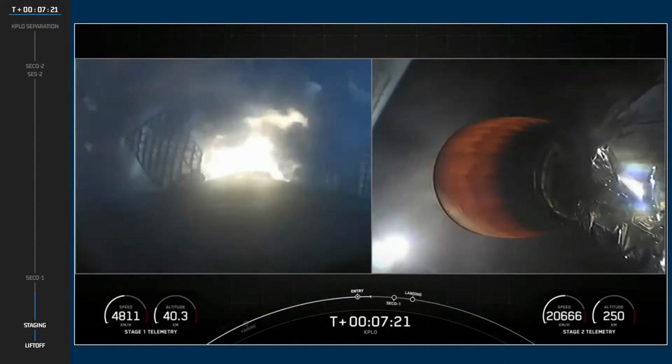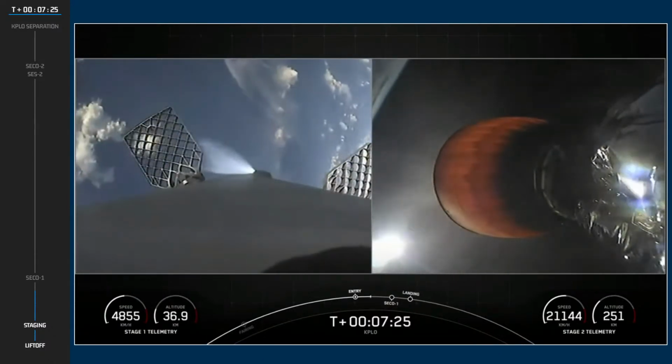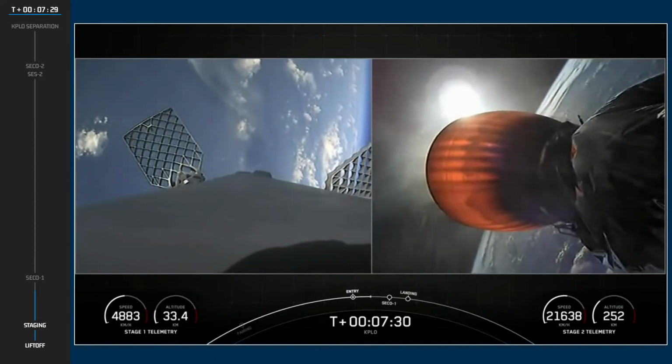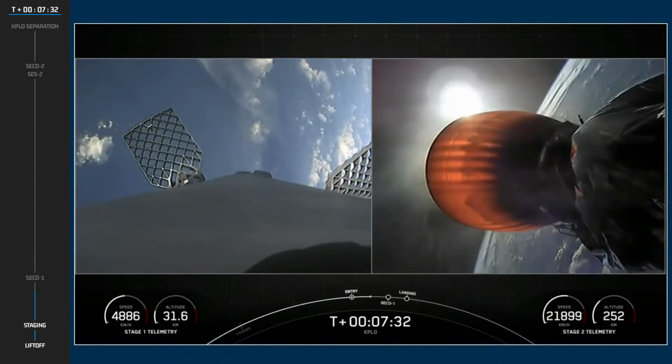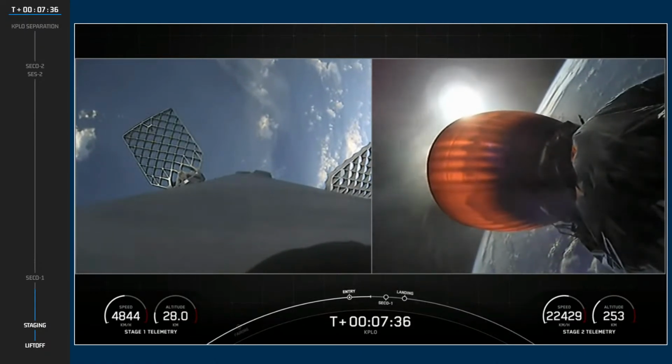Stage 1 entry burn shut down. Awesome, so that burn is in the books. We have one more to go on the first stage. That's a landing burn that's going to happen in about a minute. Startup terminal guidance. We are going to be listening here in about 20 seconds for a call out called